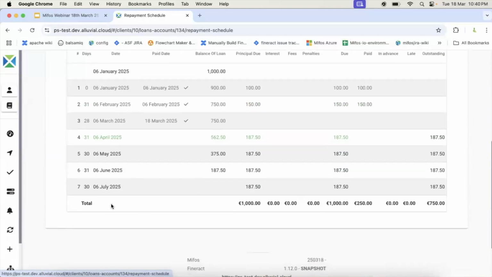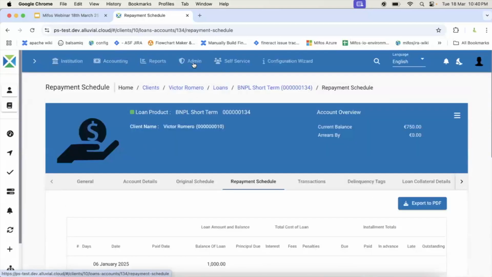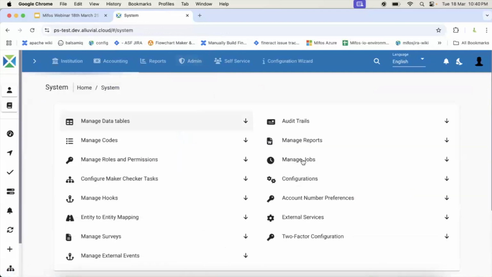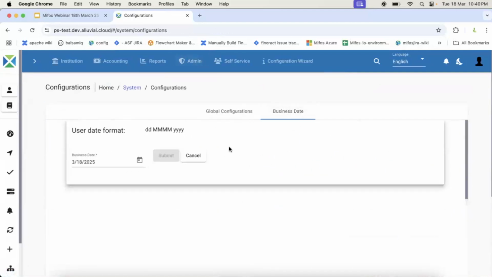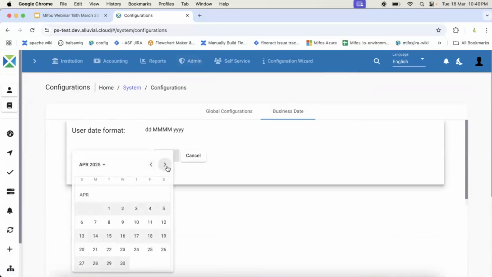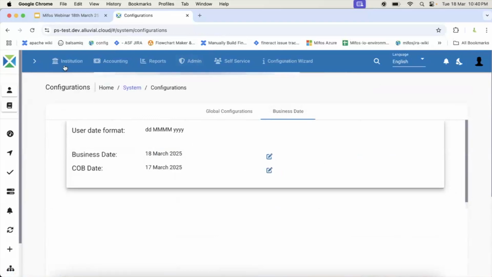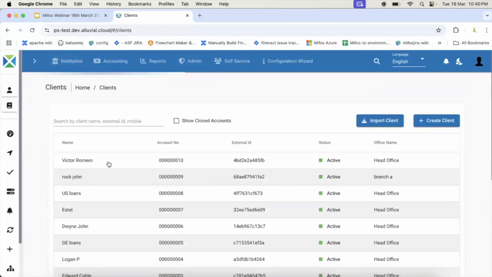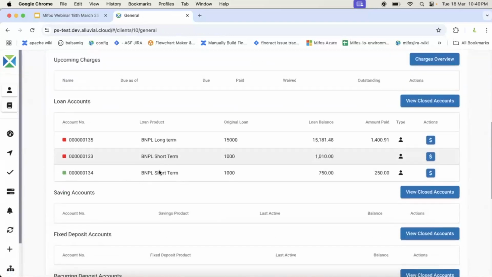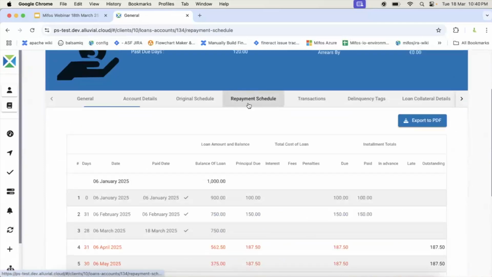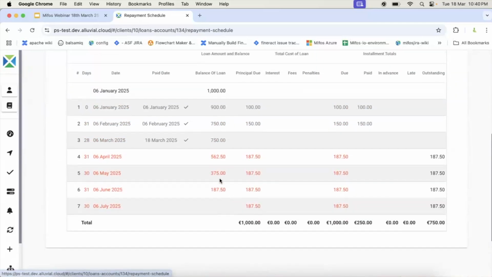So right now it's 6 July. If we move a business date to somewhere in August, so now all the installments would be overdue,